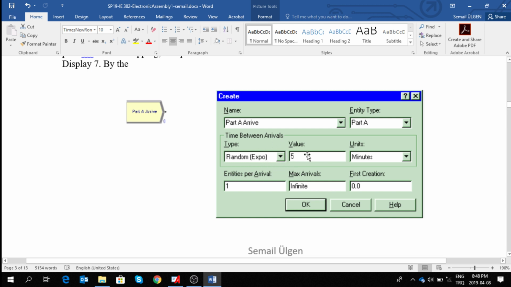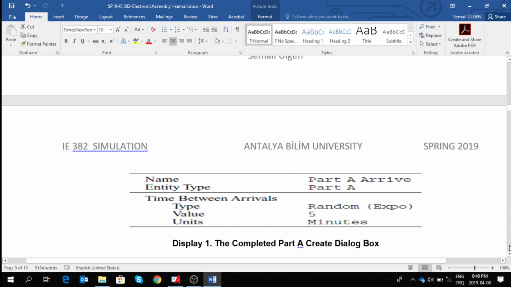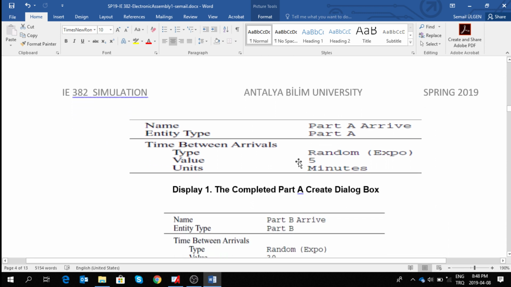Every 5 minutes one part A arrives. Units is minutes. So we did this, and you can also see the same thing in the dialog box as follows. Name part A arrive, entity type part A, time between arrivals type random exponentially distributed, value is 5 minutes. Okay,